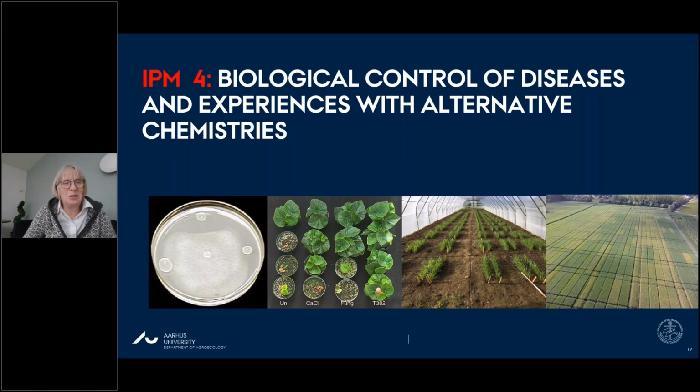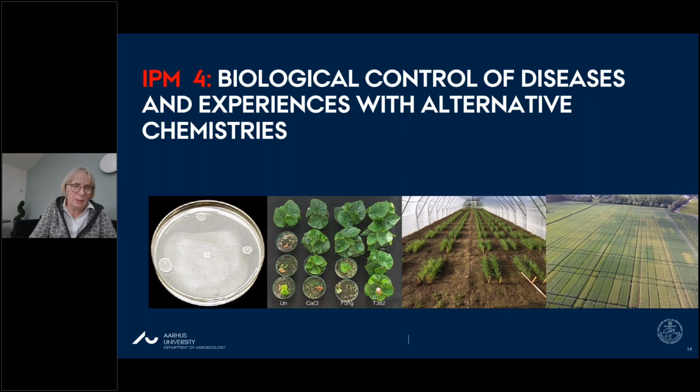John Lucas, in his introduction, just touched very briefly on biological control of diseases, and this is something which is highlighted a lot, that there should be a serious look into alternatives to the current chemical fungicides and pesticides in general, and we have also been looking into this. Everything seemed to work well in a petri dish, maybe also in a pot trial, but the further you get out in the field, the more challenges you have